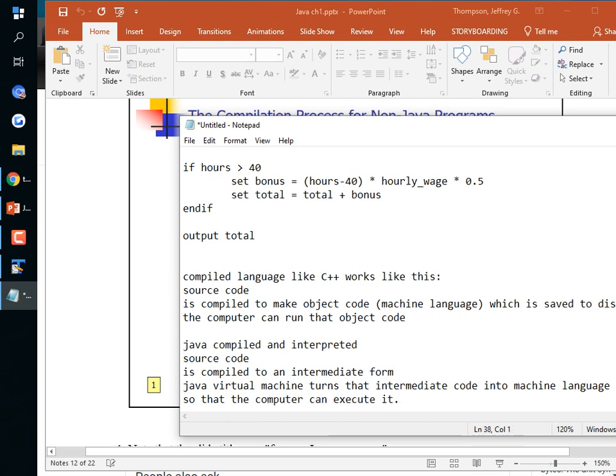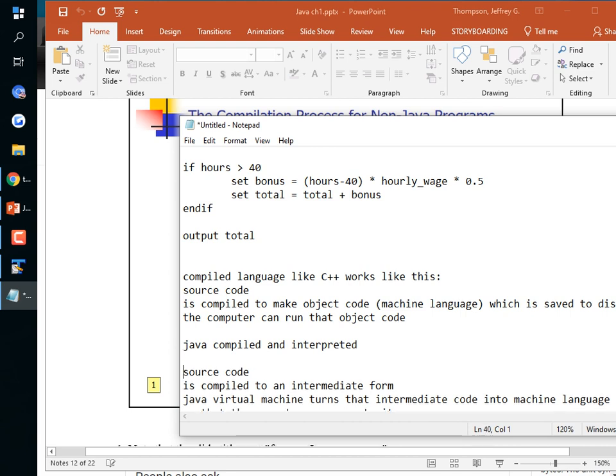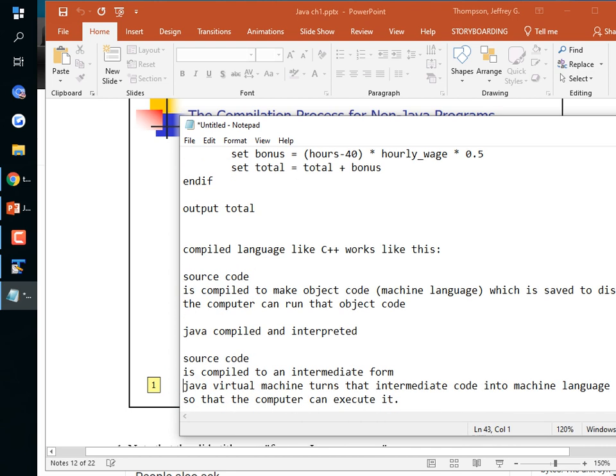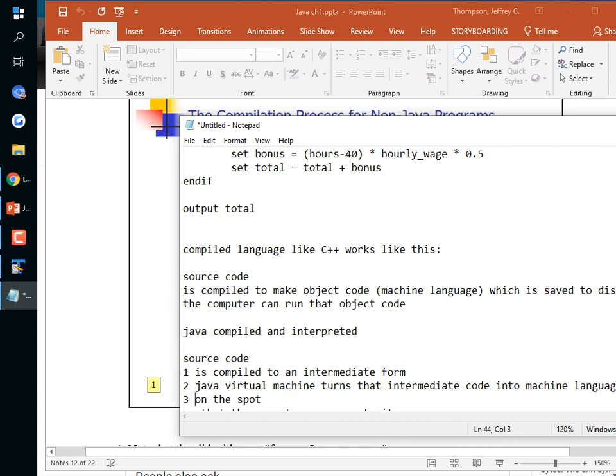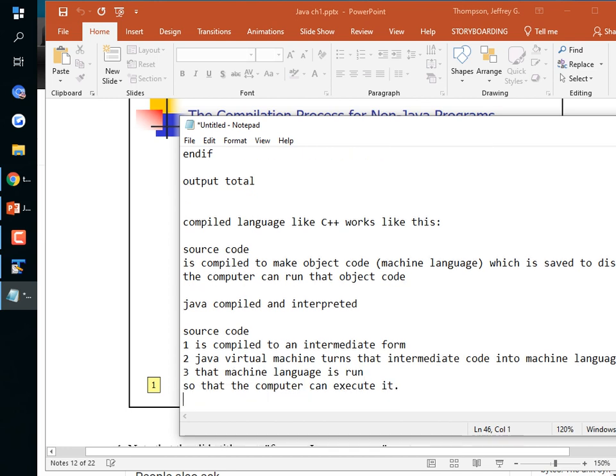So it's a three-step process, right? The source code. Step one is compiled to an intermediate form, and then the Java virtual machine takes that intermediate form as input and turns it into machine language. And then three, that machine language is run, right? This is the interpreting step. That intermediate code is turned